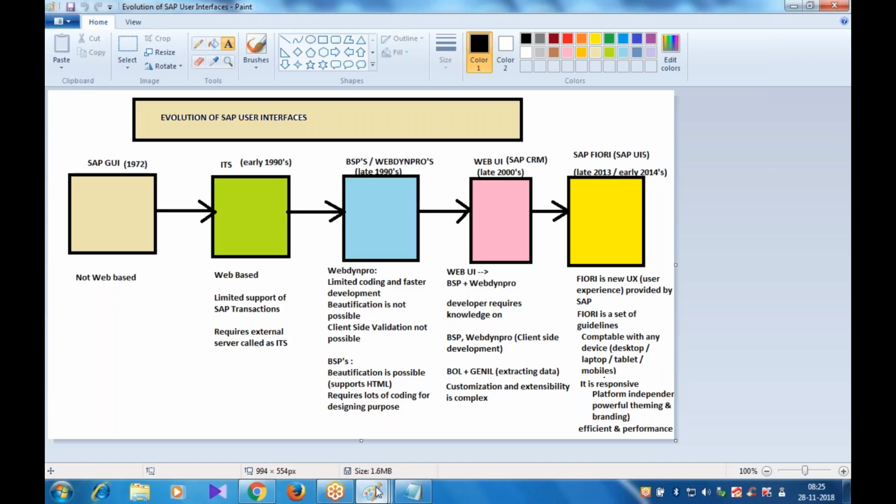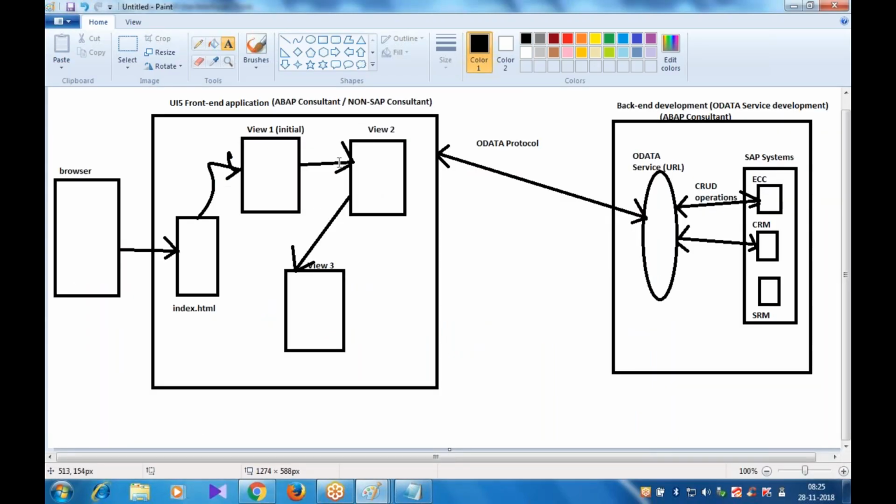Assume that this is my Fiori application. This is nothing but a UI application, but the finished product we call a Fiori application. Assume that in one of my views, I am showing some data in the form of a table. Just like in our module pool, we have table control. In UI5 also, we have a control called table, which shows the data in the form of rows and columns. So if I run that Fiori application, my